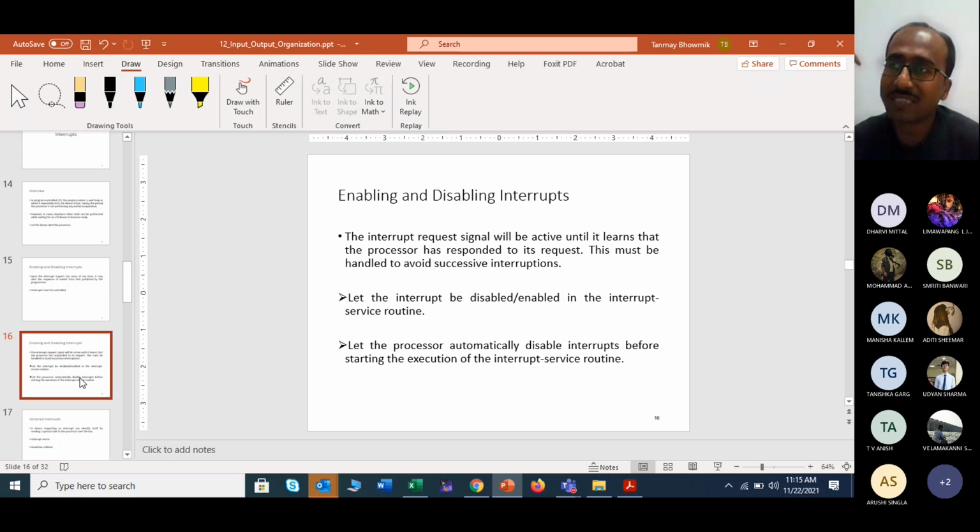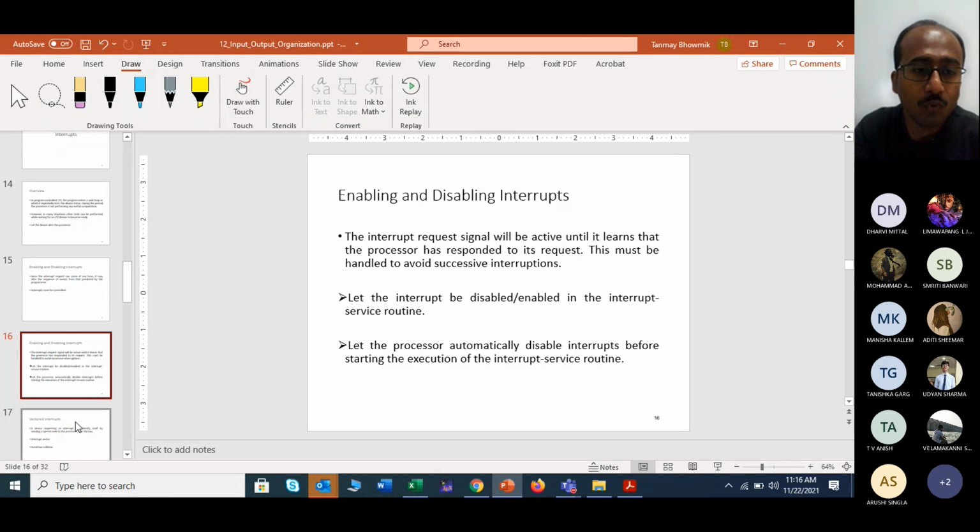So sometimes when you see this interrupt part, you will see two types of signal. One is INTR, one is INTA. So INTR is for interrupt, you are passing this interrupt, and another is INTA. That means yes, you will receive an interrupt acknowledgement that yes, I am right now in the interrupting phase. So I will stop now for execution, or I will wait for some time to execute.